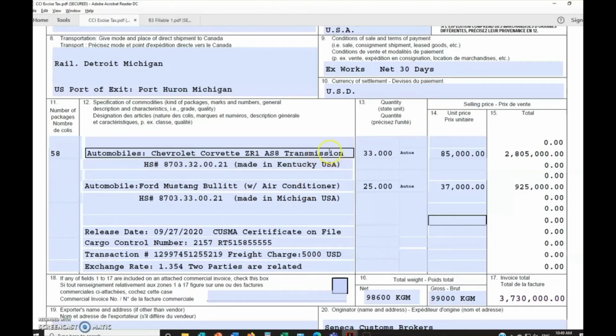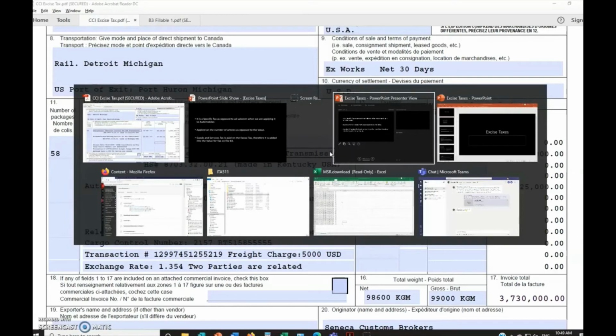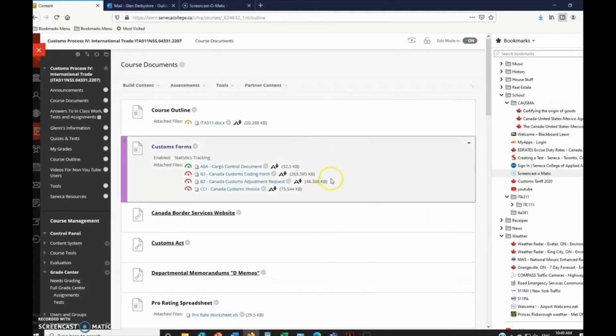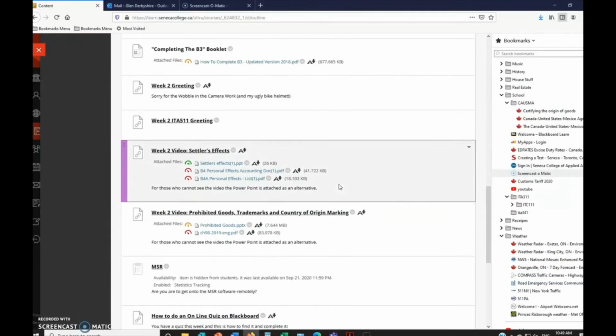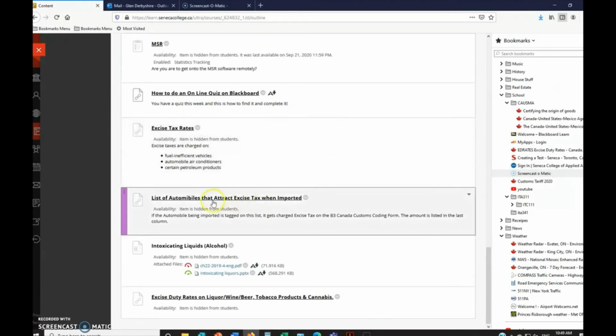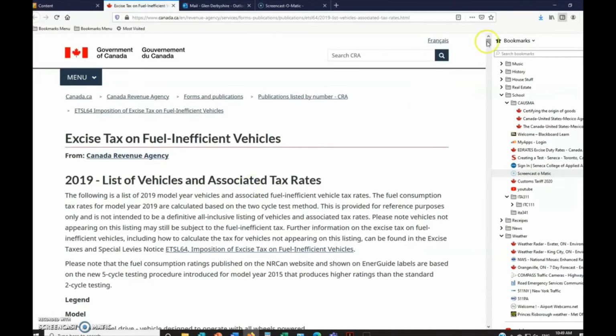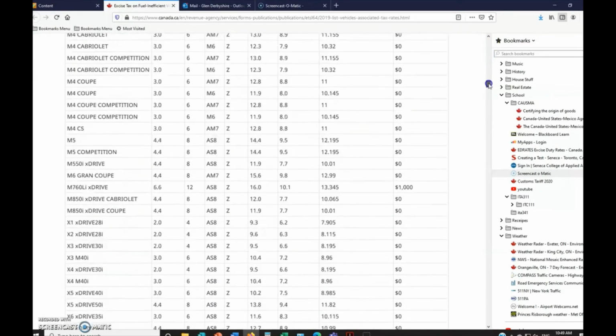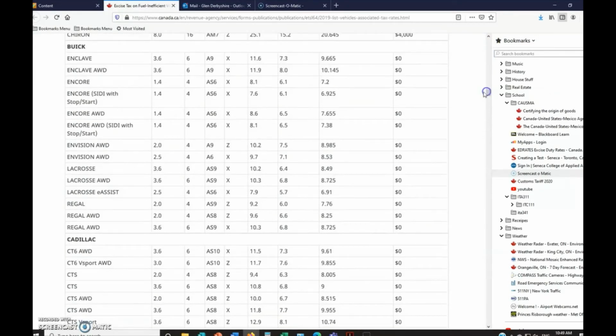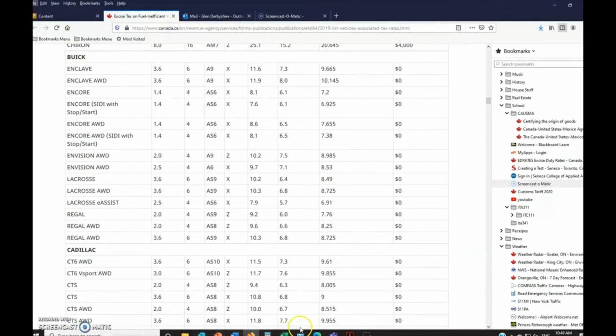So you have a link on Blackboard right here on ITA511. It's right down here. It says list of automobiles that attract excise tax when imported. So we click on that and we scroll down the list. Okay, and you'll notice these are separated by different makes. These are all the models underneath the bold here. So let's go back to the